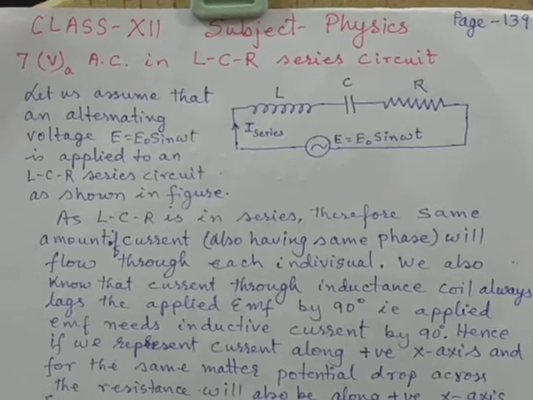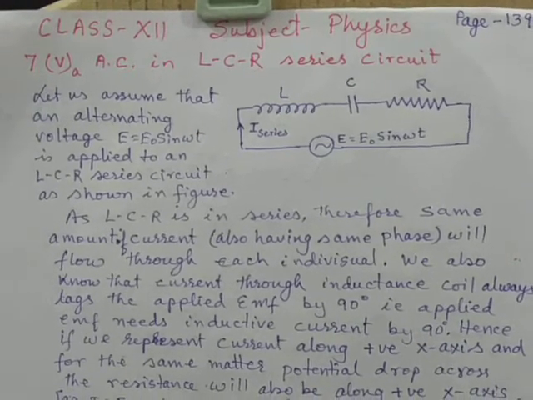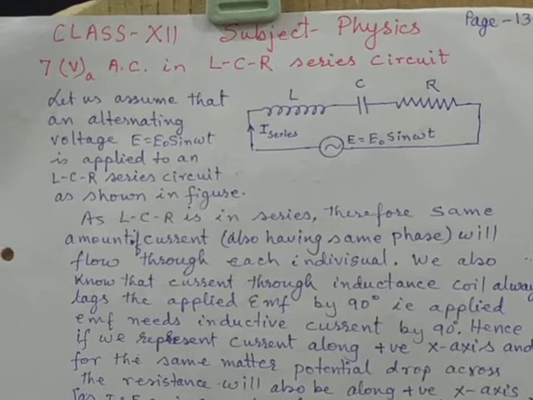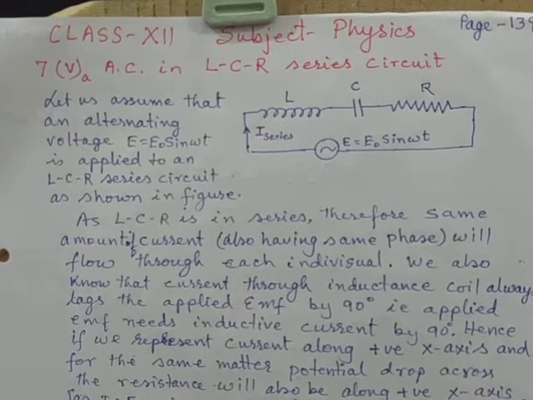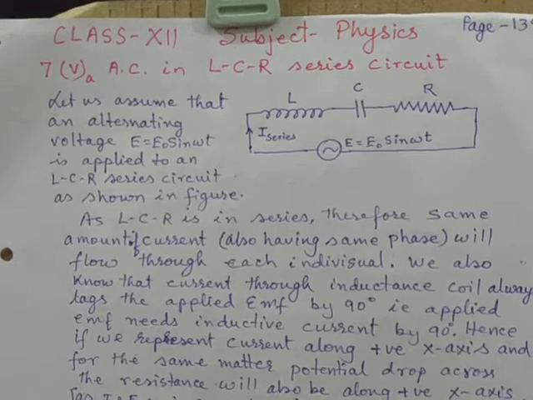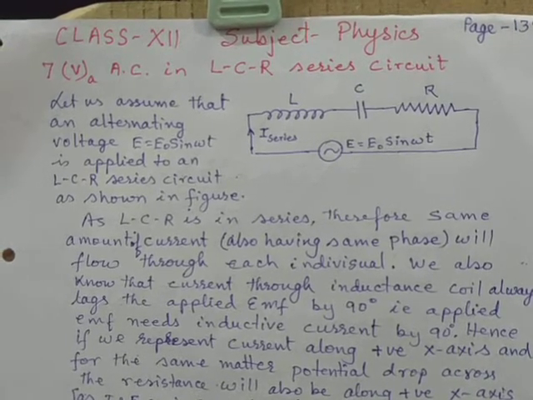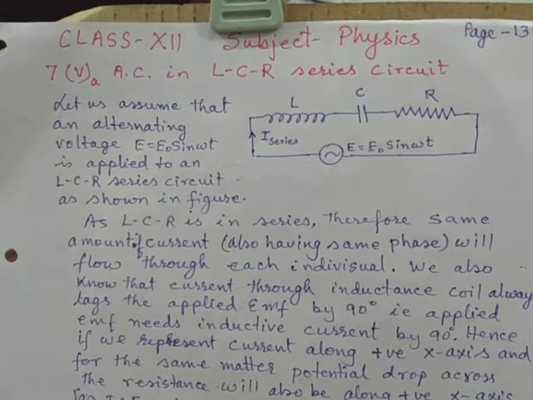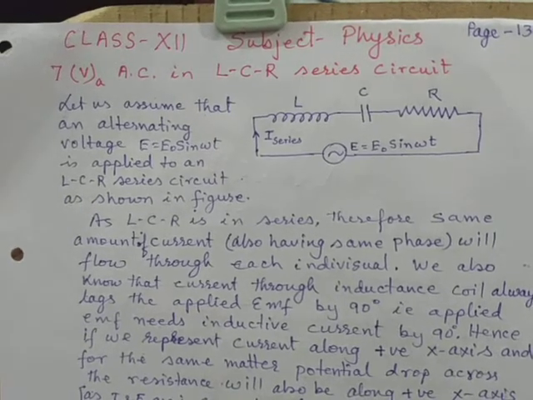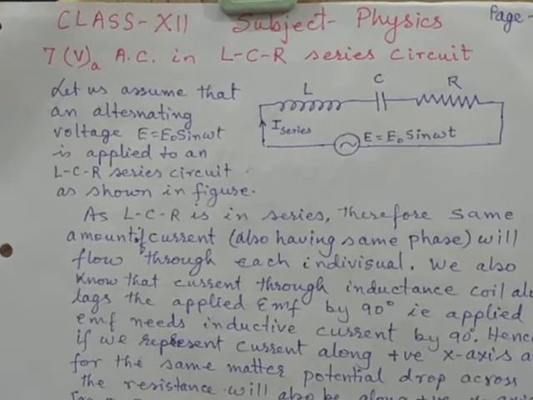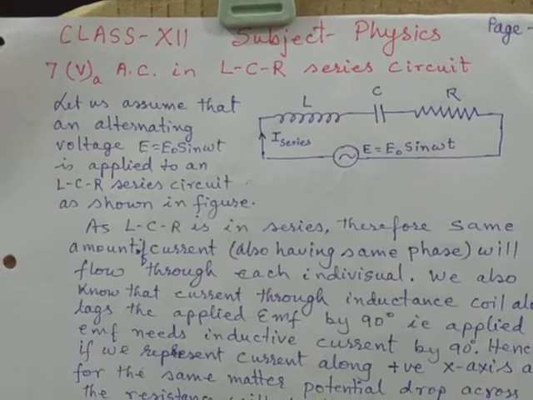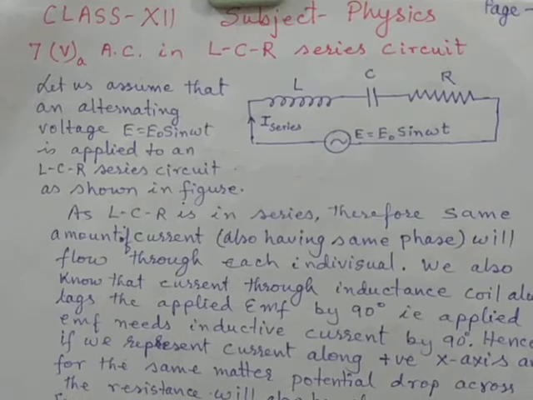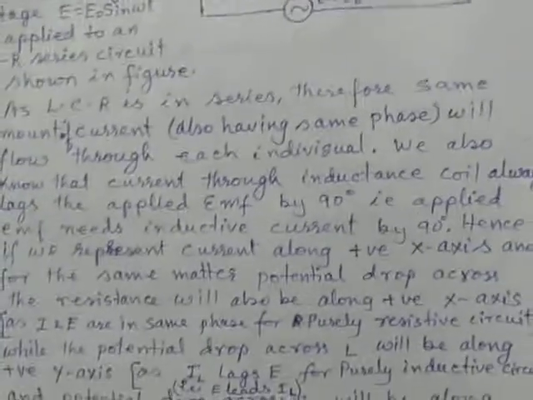Of class 12. Today we are going to discuss the current in an LCR series circuit when an AC EMF is applied across it, and also we shall discuss other factors which control the power consumed, that is the phase difference between current and net EMF across the LCR circuit. Now in this diagram you see that when an EMF of E equals E0 sin omega t, a sinusoidal wave, is applied across the circuit, then in that case you see that